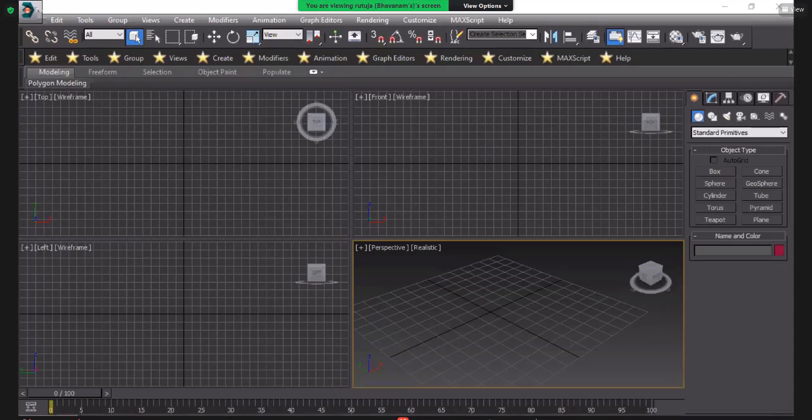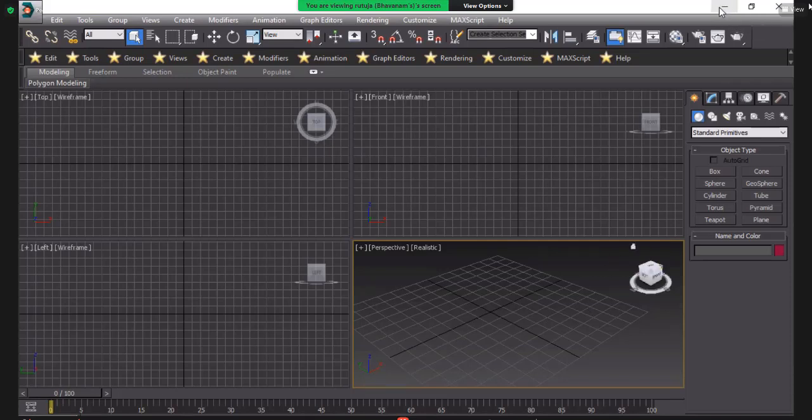Okay, guys, so how can we start it? I will tell you one thing here. We are able to import the AutoCAD file. So how can we import the AutoCAD file here?